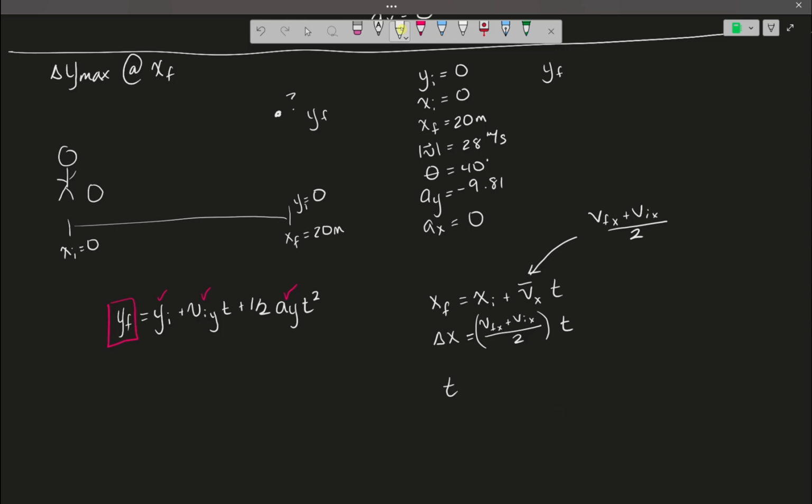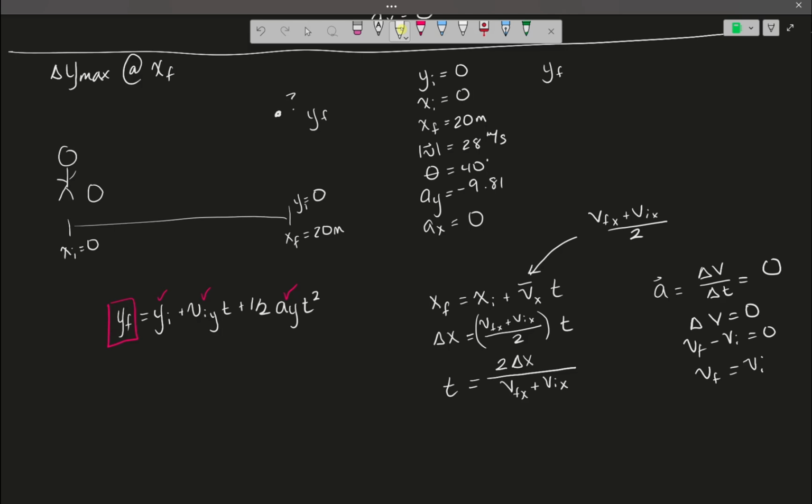So now I want to get time by itself on the left-hand side. And this will give me that time is equal to 2 times my change in position in the x direction divided by my final velocity in the x direction plus my initial velocity in the x direction. We can actually simplify this a little bit more, right? Because our acceleration is our change in velocity over a change in time. If our acceleration is equal to 0, this means that our change in velocity has to be equal to 0. If our change in velocity is equal to 0, right, then our final velocity is equal to our initial velocity,